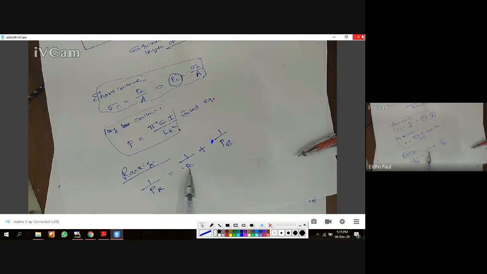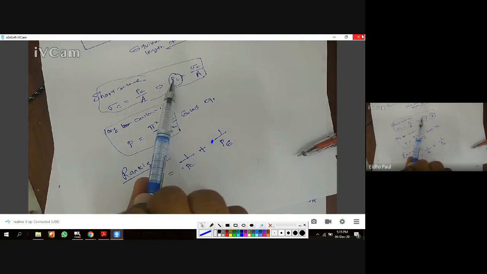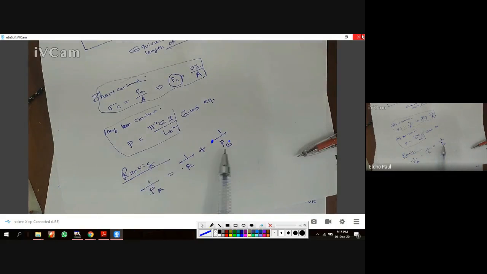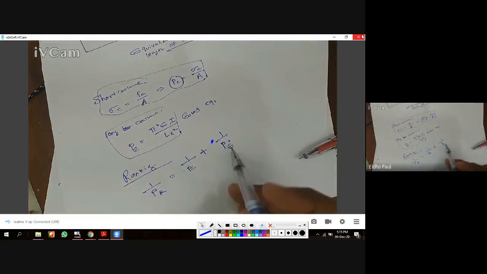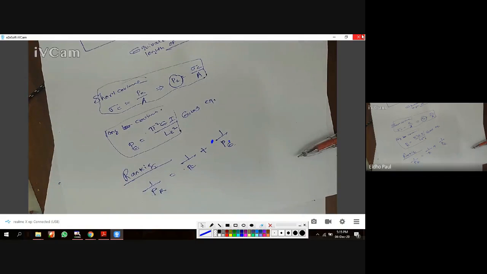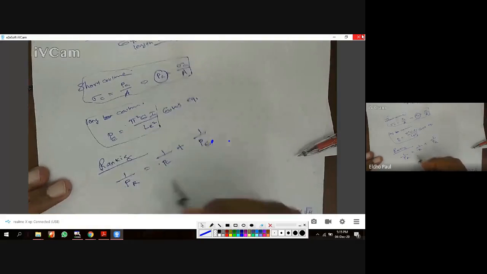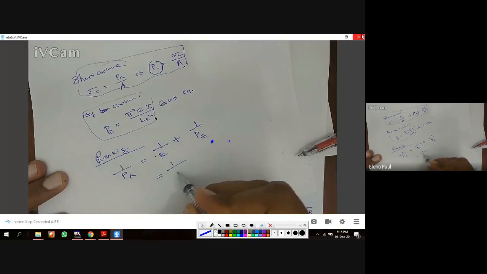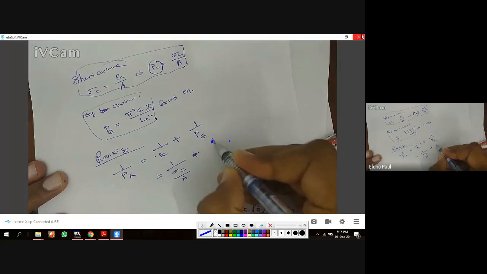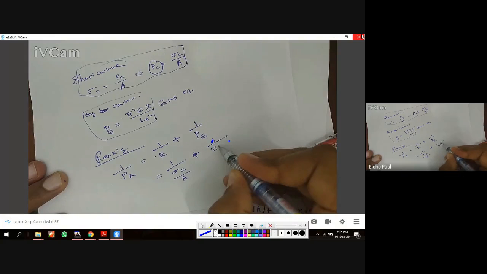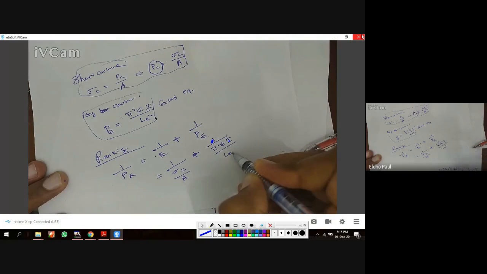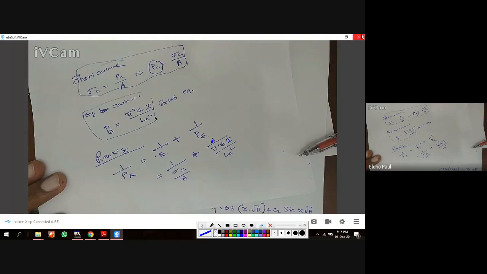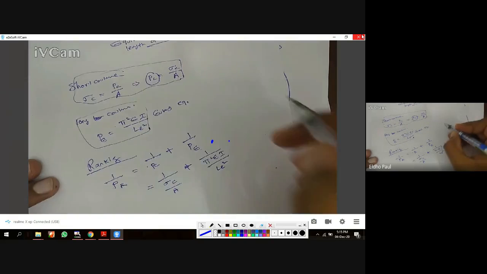PC is the failure load for a short column. PE is the failure load for a long column. Okay. So for example, in this equation, 1 by PR equal to 1 by PC, where PC equals sigma C times A, plus 1 by PE, where PE equals pi square EI by LE square. So, in the case of a short column,